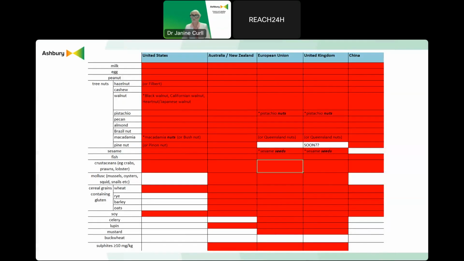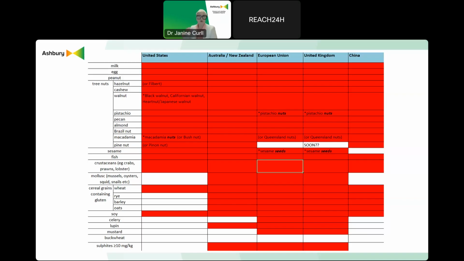So I just want us to look at an at-a-glance table designed to show what each jurisdiction requires of the FAO-WHO priority allergens plus sulfite at the bottom. It's a quick way to visualise the complexity businesses face when trying to create compliant labels across multiple markets. On the vertical axis, you'll see those allergens from the World Health Organization's list.